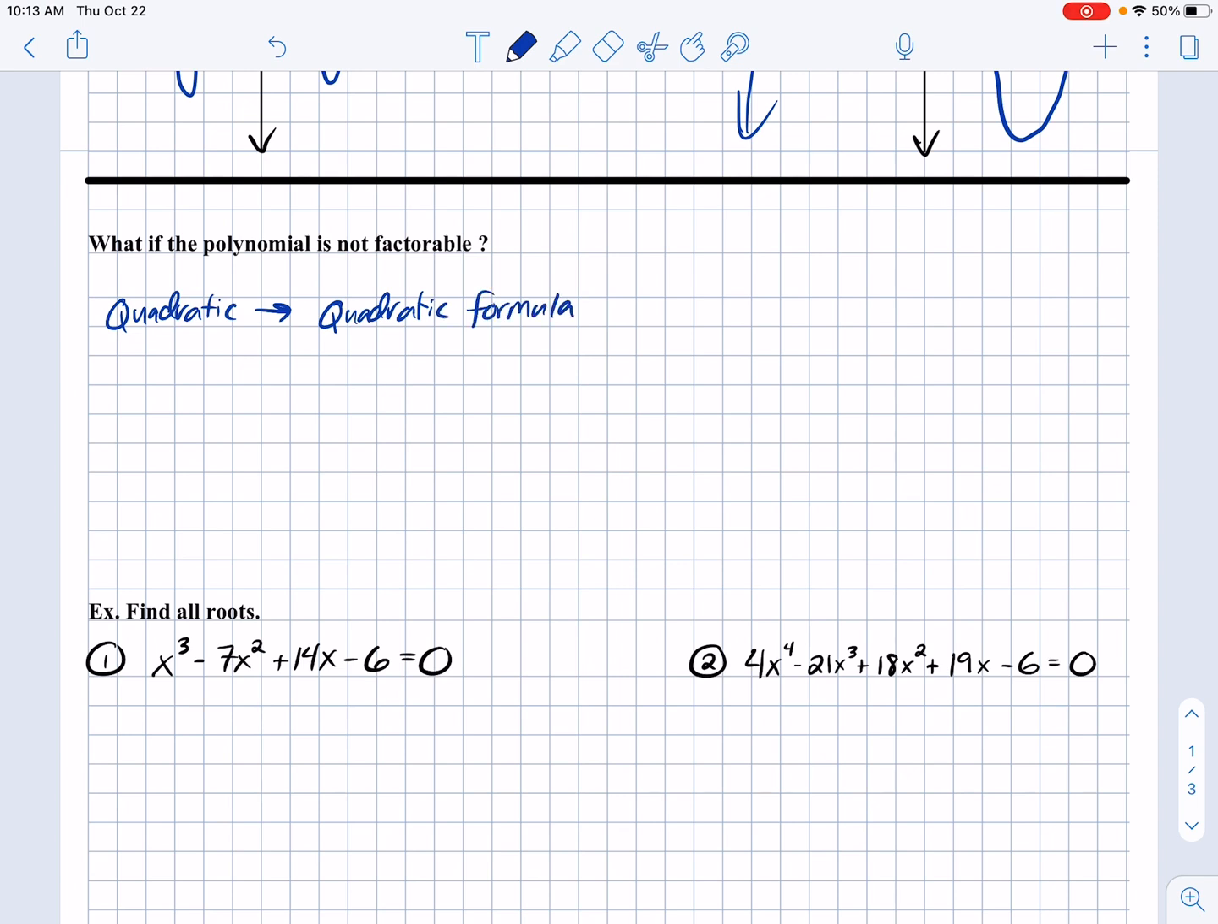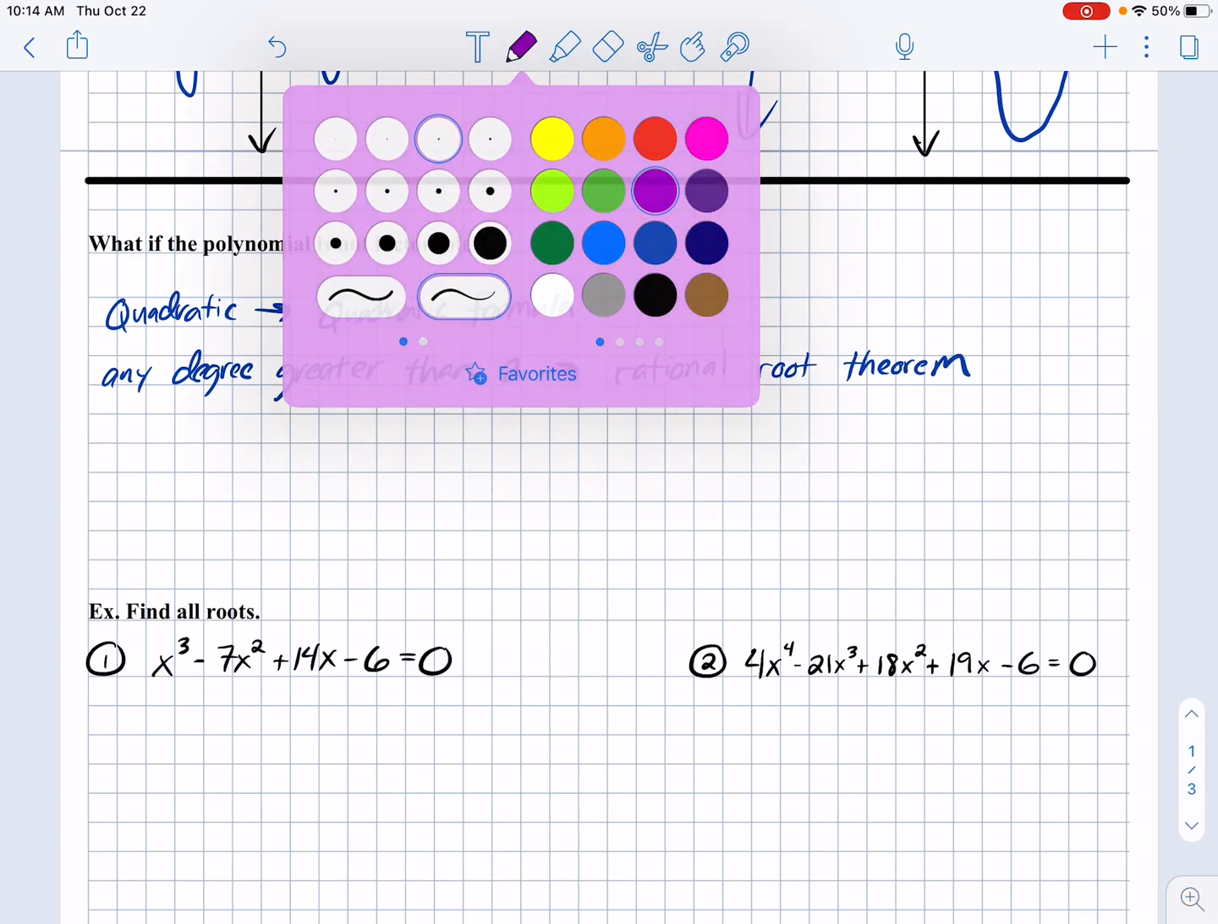Okay, there's going to be cases where polynomials are not factorable, right? So if it's a quadratic, just use the quadratic formula. For any degree greater than 2, so cubic, quartic, quintic, we're going to use something called the rational root theorem. Okay, and the rational root theorem states,